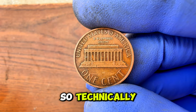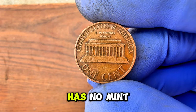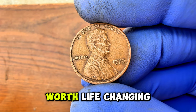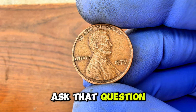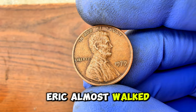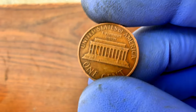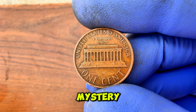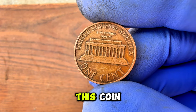So, technically, every 1979 penny made in Philadelphia has no mint mark. So what makes some of them worth life-changing money? Most people never ask that question. Eric almost walked away, but curiosity got the better of him. He began researching, and that's when he discovered the mystery, the errors, and the powerful collector demand behind this coin,